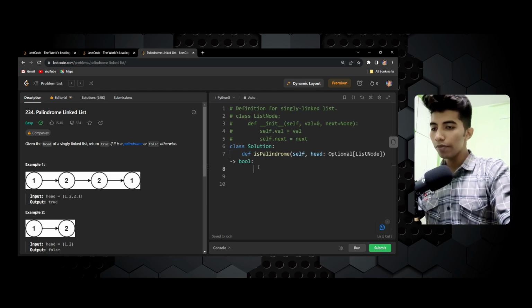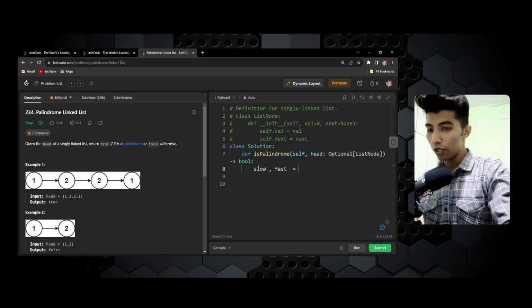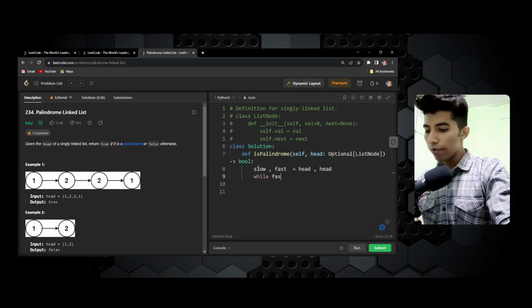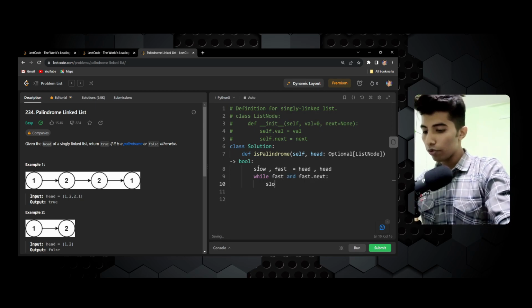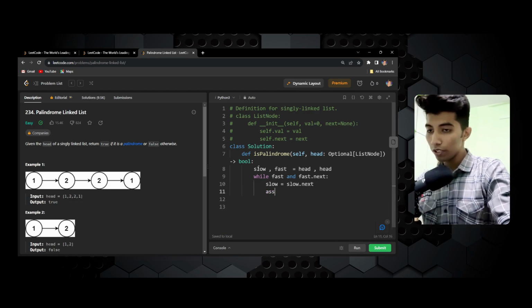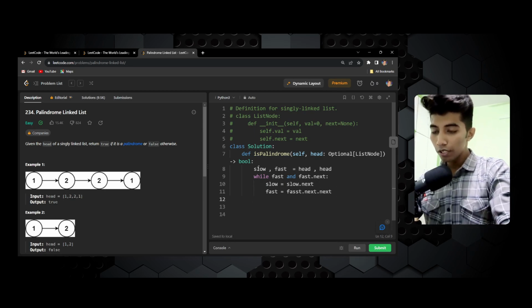So how will we do it again? Let's see. First, I will have to find the middle. So fast and slow both point to the head, and when fast and fast.next is not null, slow will point to slow.next, and fast will point to fast.next.next. Very much simple, guys. But remember one thing,